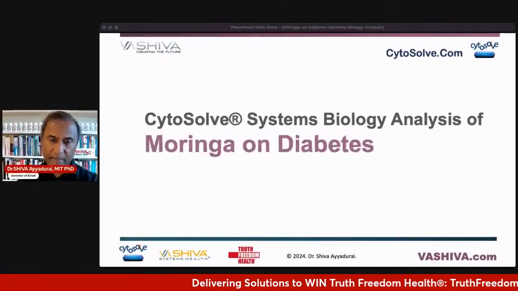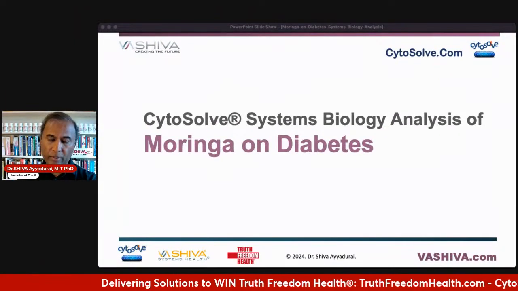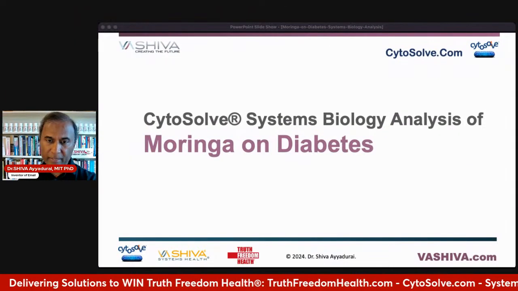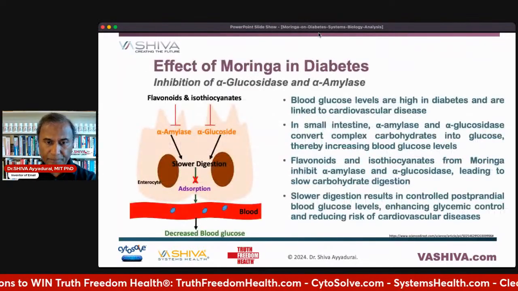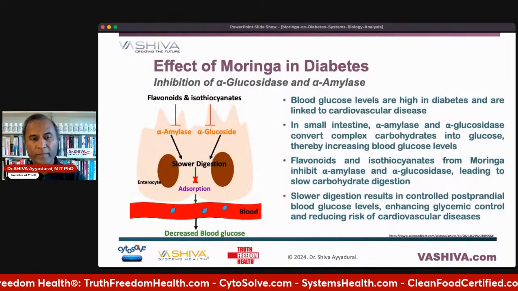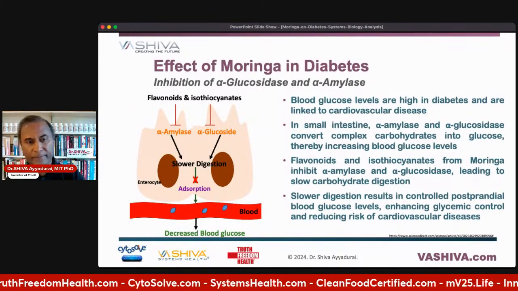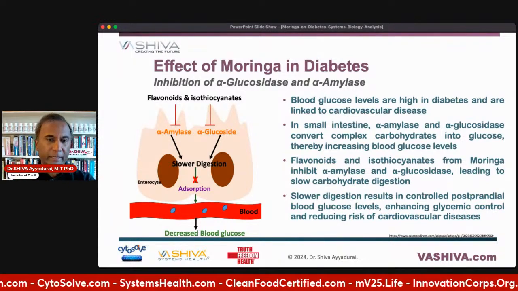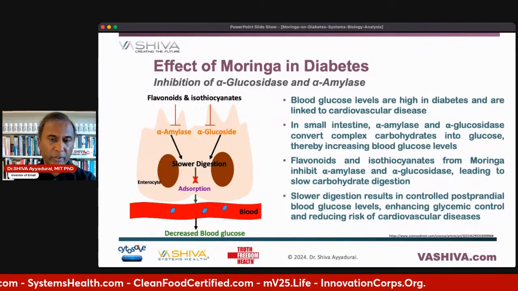But it has some very important molecules. And these molecules, as we're going to talk about, have a very powerful effect on addressing diabetes. So before we jump into that, I'll walk you through some of the molecular pathways of diabetes as we walk through this, okay? So when you have diabetes, the effect of moringa in diabetes is that it inhibits alpha glucosidase